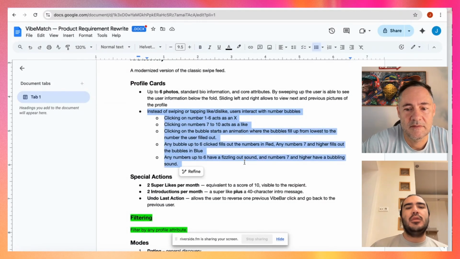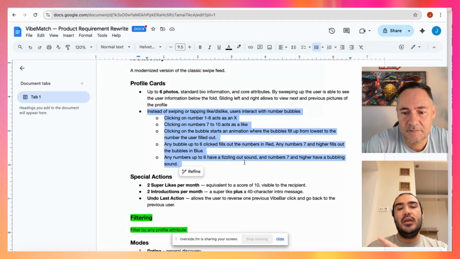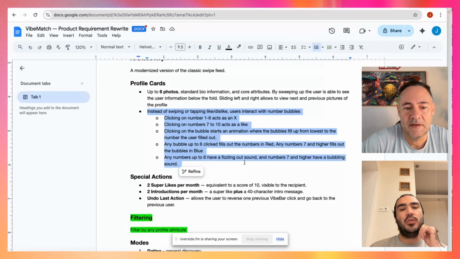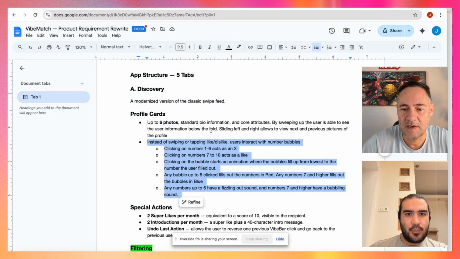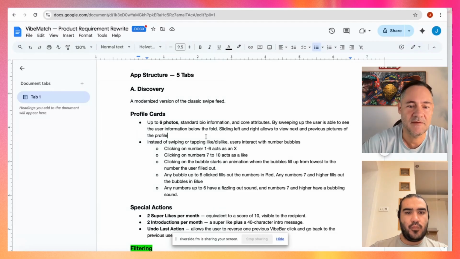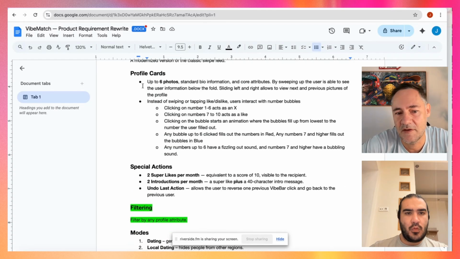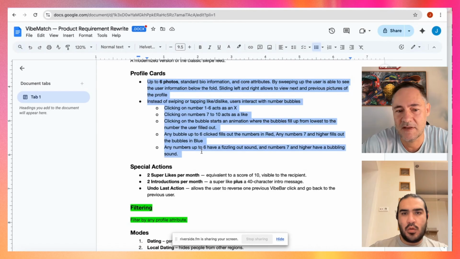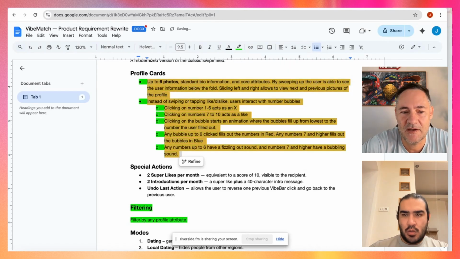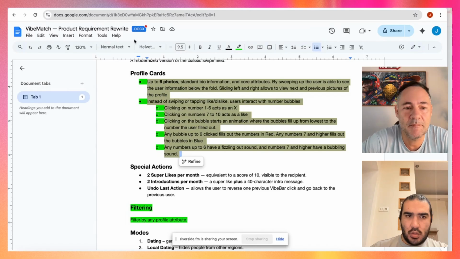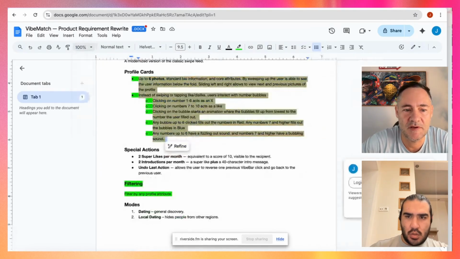So you want to do this logic of 1 to 10, not the swiping one as you showed. Correct, exactly. That's what the other app I showed you does, where the user clicks on the bubbles and they fill up. Any bubble click from 1 to 6 is a no, and any bubble click from 7 to 10 is a yes. But it also captures the value on the back end, because for later matching algorithms, people with similar numbers are grouped together loosely.